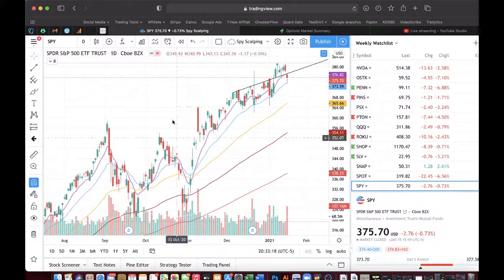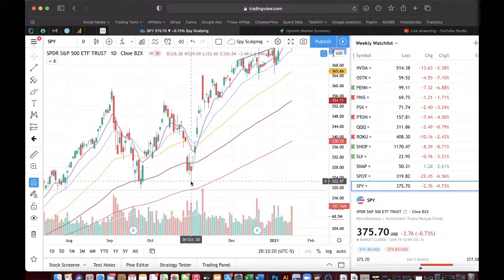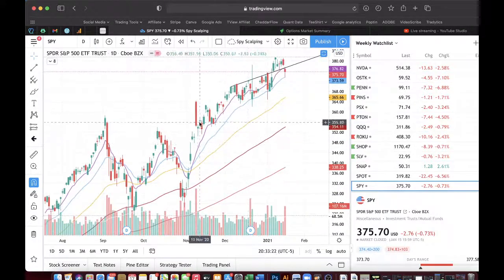As you can see here, after that bottom out we had here at 322, you actually have some pretty significant buying pressure, right? And this line right here is the 21 daily EMA. And as you can see, it's being bought up every single time. So you have buying pressure here,